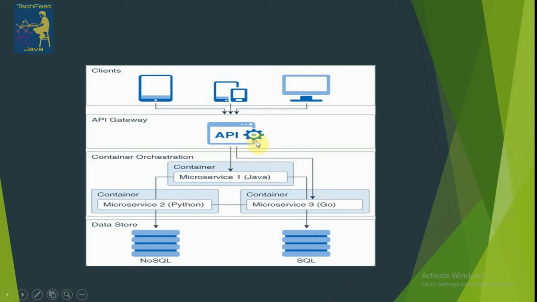So it is totally the API gateway that decides which microservice needs to be called according to the client request. In the client request there is a header part in which the microservice name or microservice ID is mentioned, and the API gateway will get the URL from a discovery service.